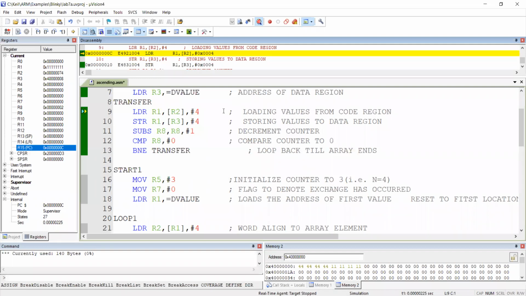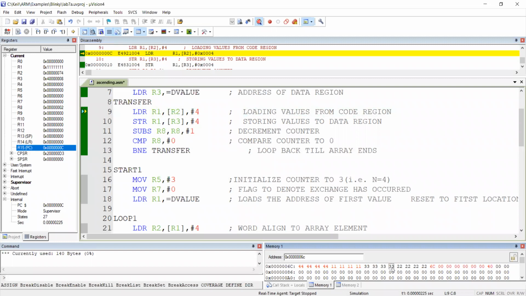Presently R2 is 74. You can come here: 6C, 6D, 6E, 6F, 70, 71, 72, 73. 74 means where is it pointing to? It is pointing to 33. How much do we have to take for 32 bits? That means locations 1, 2, 3, 4.